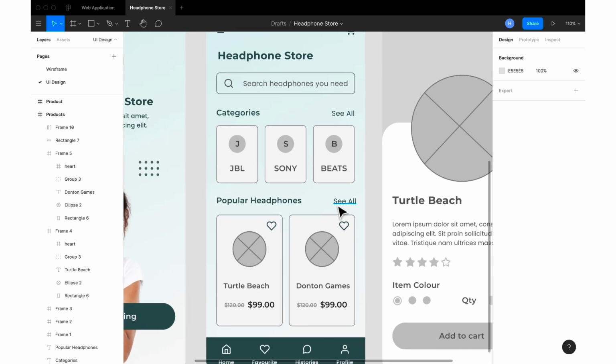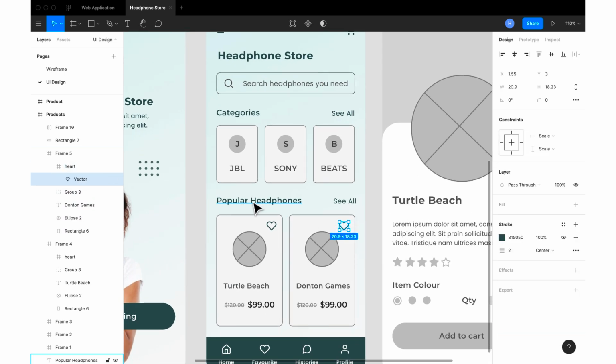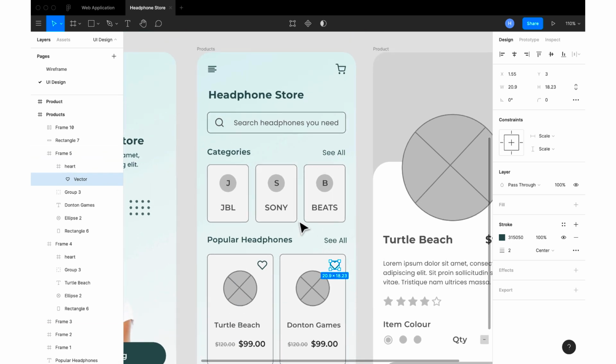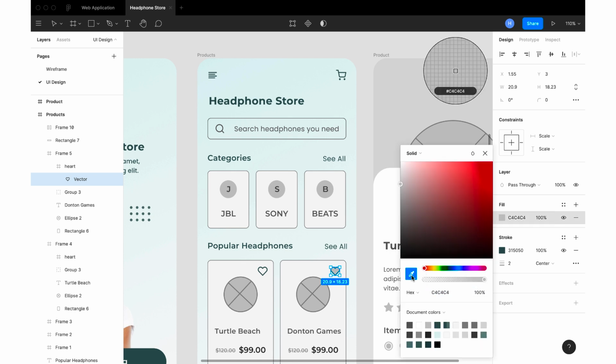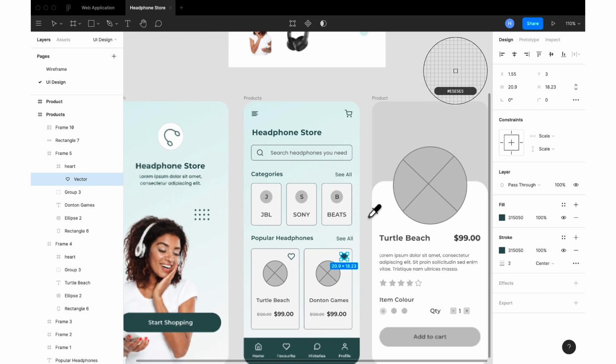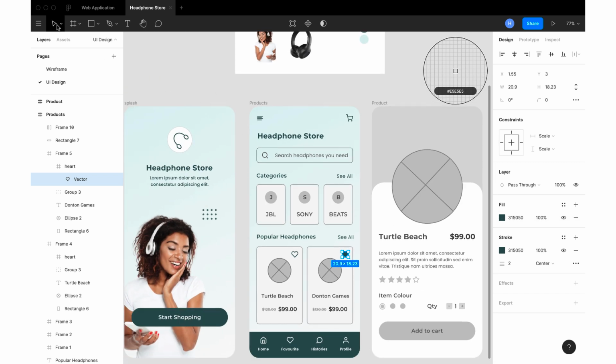So this should show that this is selected already. So I'll double click, make sure I select the vector, not the frame, and I'll add a fill to it. And once I do that, the color of the fill should be this color. I think that's it. Fine. So the next thing is